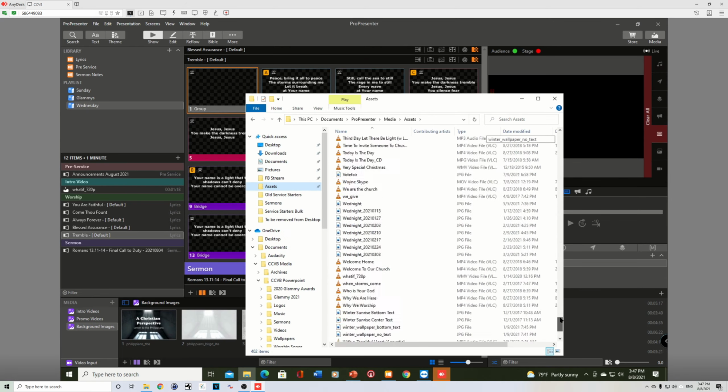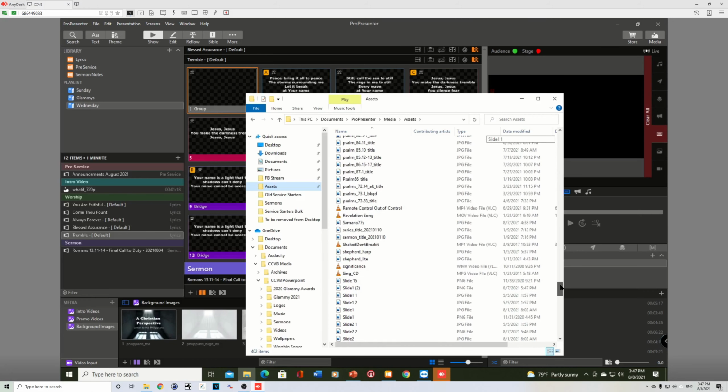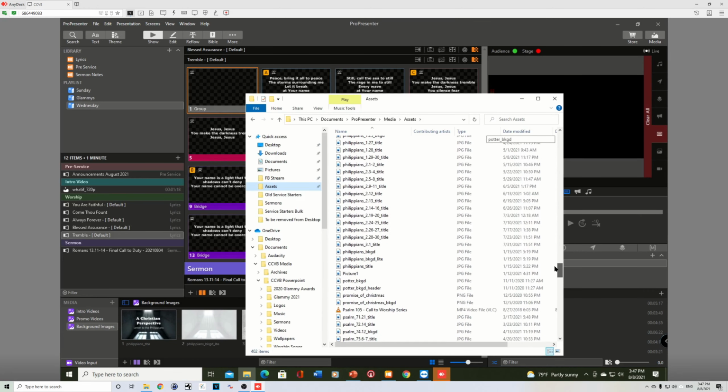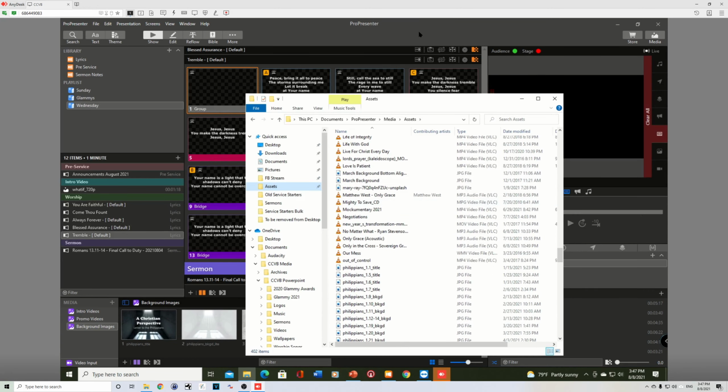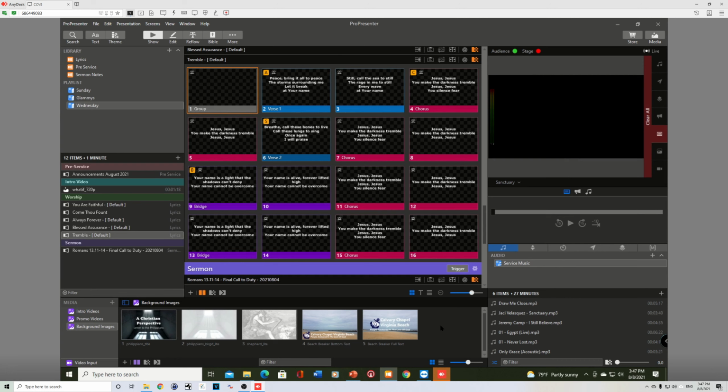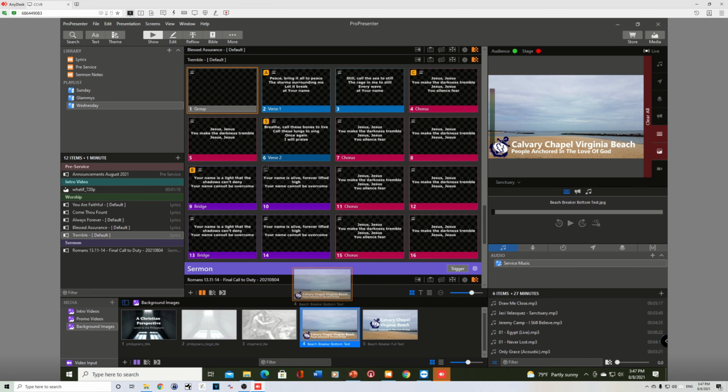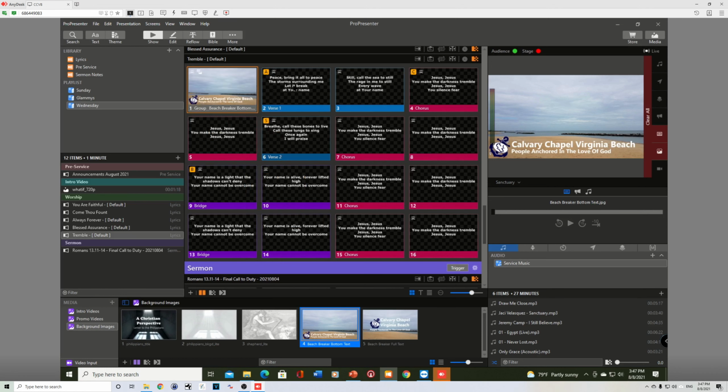So hopefully you know the name of what you want to use if it comes to this. But the easy way, and as we switch these images, I try to put them down here. Sometimes I forget, but you can just highlight it, drag it up here,